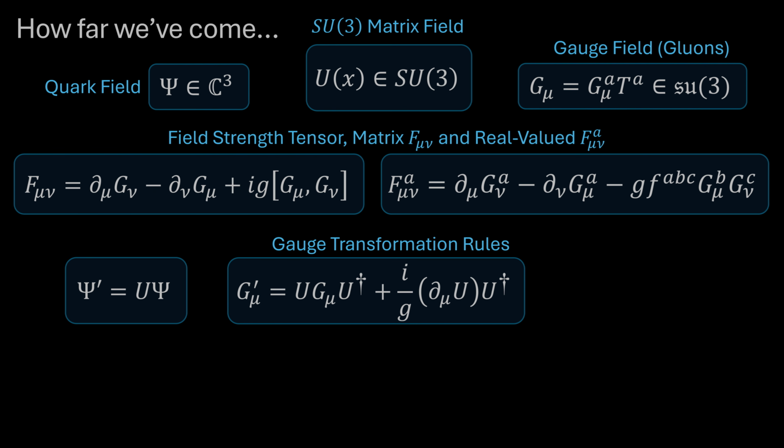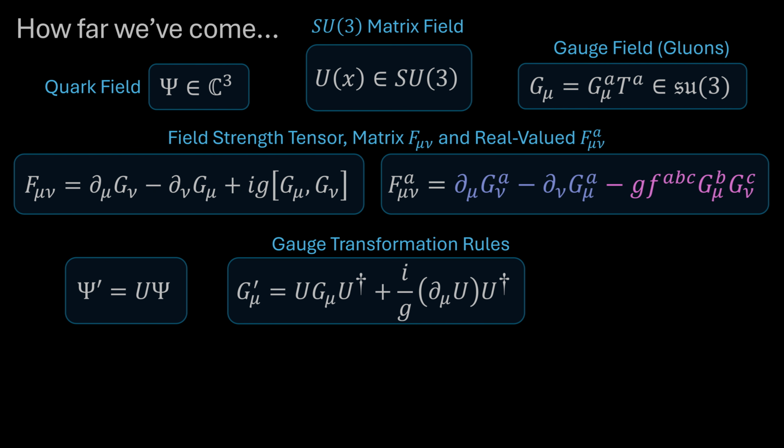And you can think of the a-th real-valued field strength tensor as being basically the curl of the a-th gluon field. But there's also going to be a term which brings in all the other gluon fields in proportion to the SU(3) structure constants. And so you end up with this interaction term in the definition of the field strength tensor. And that causes a whole lot of problems in QCD. It makes the math really difficult to work with. But it is what it is, we can't choose how it is, that's just how it be.